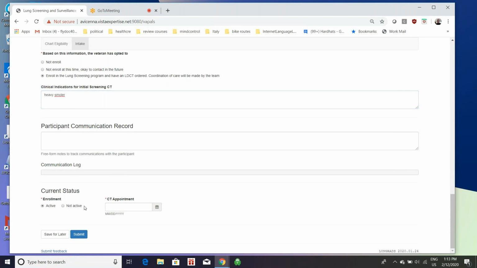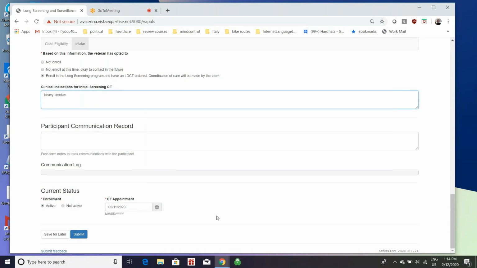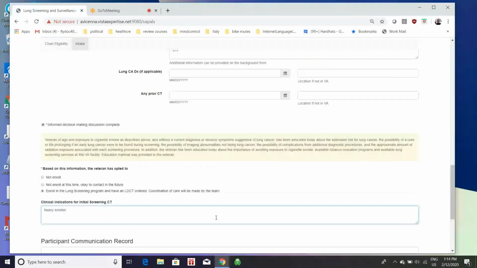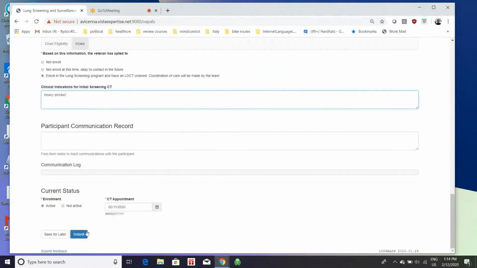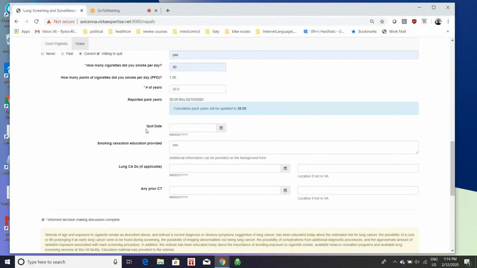And then we're going to go into active enrollment, and maybe he's got an appointment tomorrow for a CT screening. And you can see we've got great spill check too. So that is pretty much what we've got. And you notice that the system has calculated the cumulative pack years, and that's going to be forwarded now to